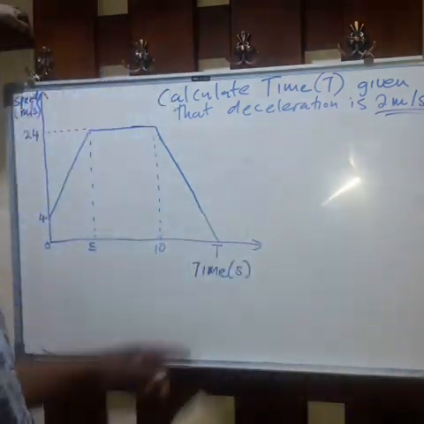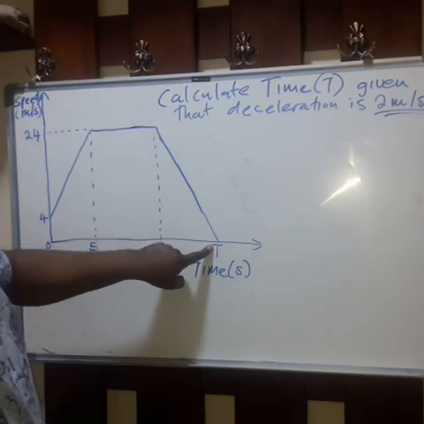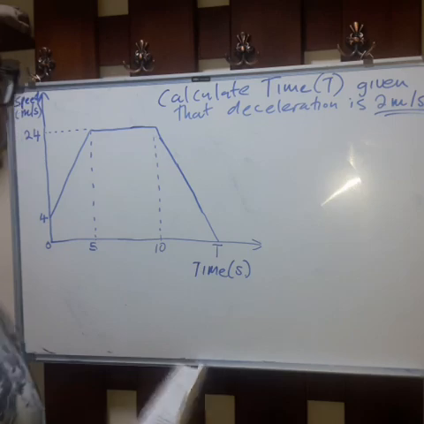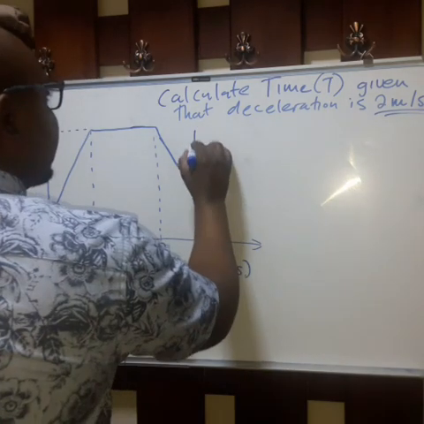We want to find the value of t here when we are given that the deceleration is 2 meters per second squared. So our formula for deceleration is